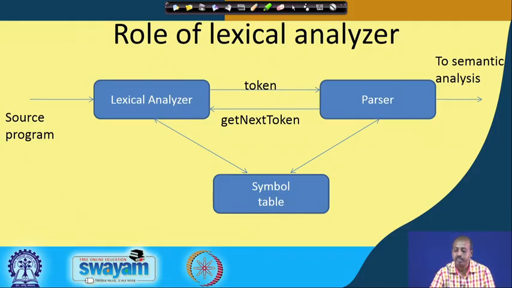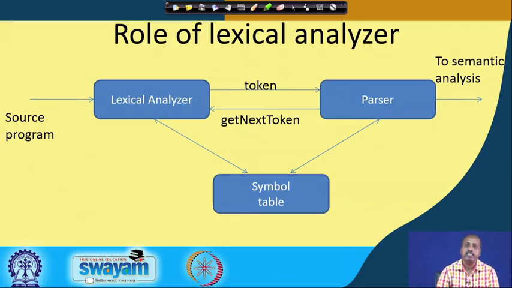Now, the parser gets the tokens, and accordingly it checks whether the entire program is syntactically correct or not. So, the lexicon analyzer tool is giving it words, and the parser is actually checking for sentences. If the sentences are correct, then it will give it to the semantic analysis tool, which will do the type checking and other associated actions, try to identify the meaning of the program, and then it may go to the code generation phase.